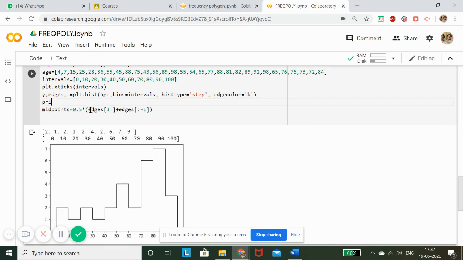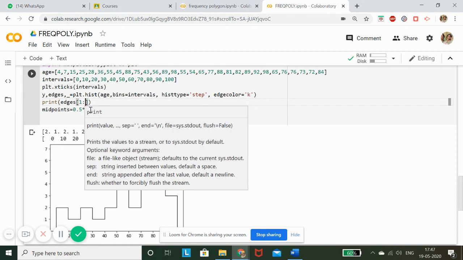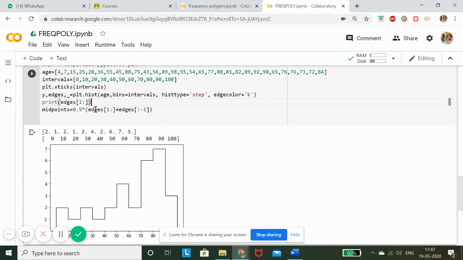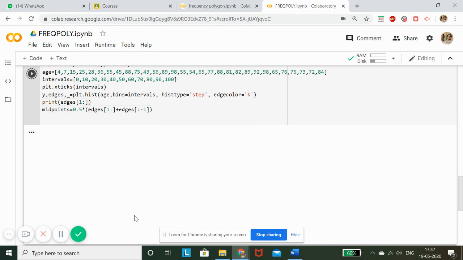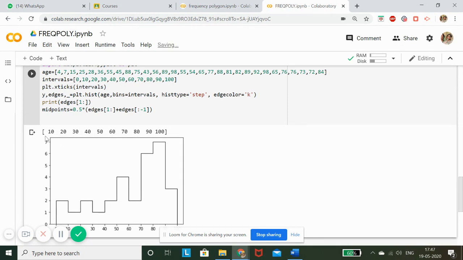I've just shown you to demonstrate what is y and edges. If I say print edges, and if I say one column, I'm simply doing a slicing of my data which I have received over here. So one column will represent all the values except the value at the 0th index. And if I say print